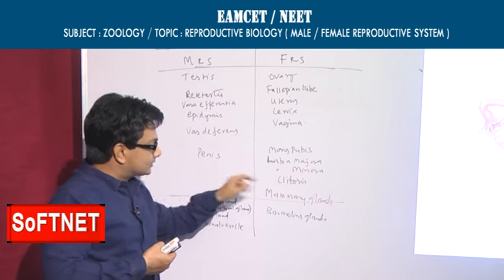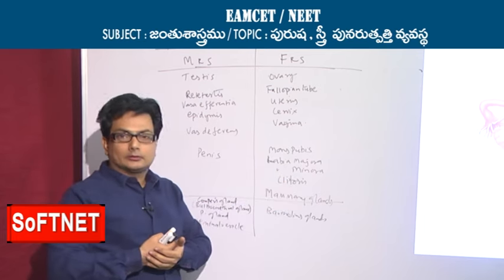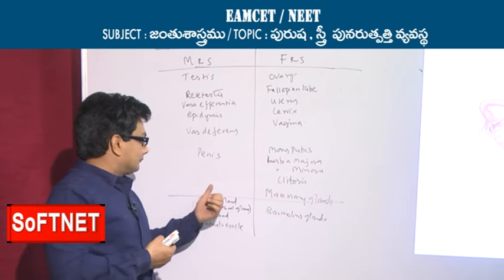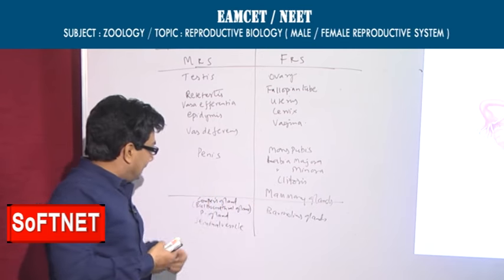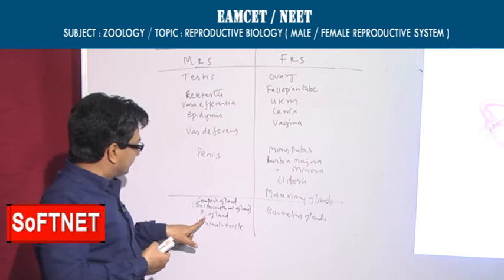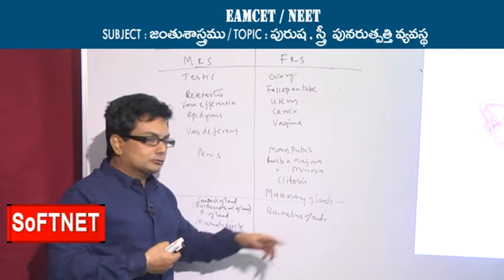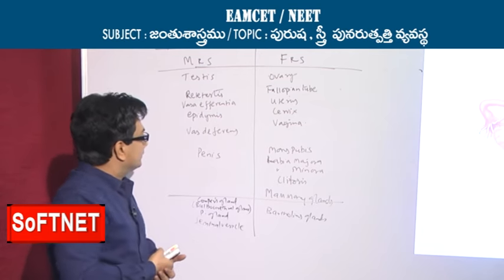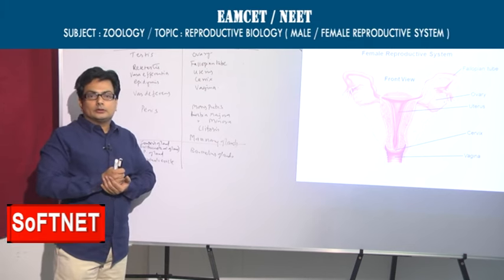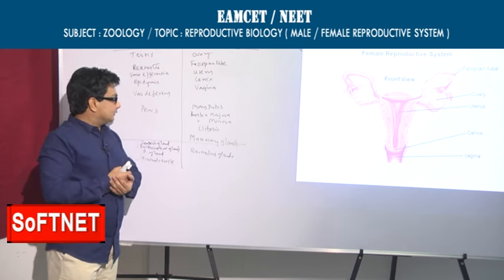and these are all again external genitalia in a female, the mons pubis, labia majora, labia minora, and also the clitoris, and the mammary glands, which are functional, and here of course non-functional, and the important accessory glands, the Cowper's gland or the bulbourethral gland, the prostate gland, seminal vesicle, and here I have taken one of the major important ones, and that is the Bartholin glands. And in the males, let me remind you, the urethra is called the urinogenital duct, which opens out through the urethral meatus, and here